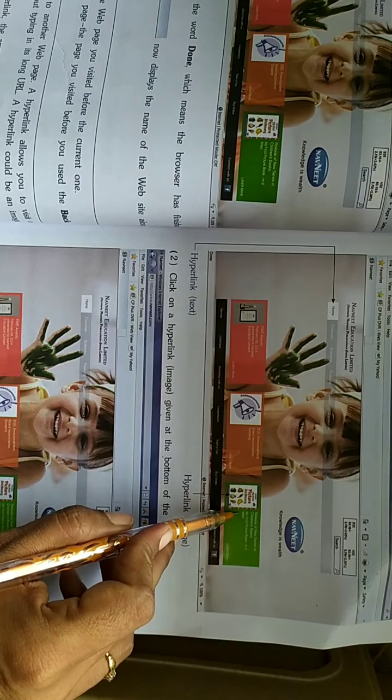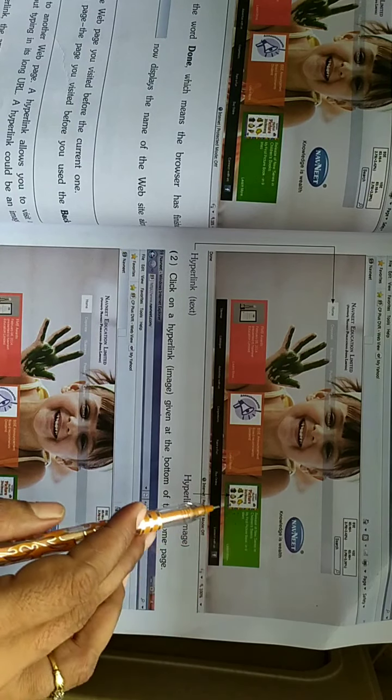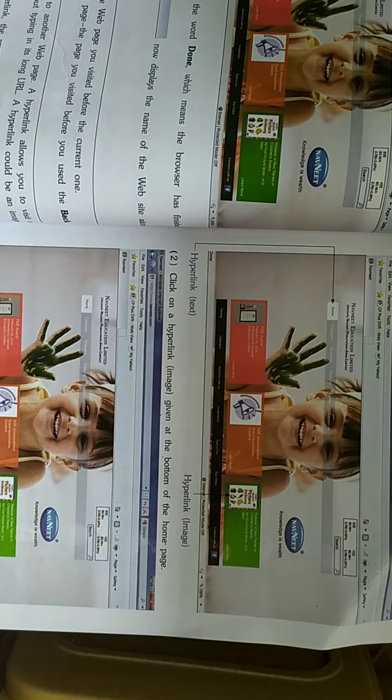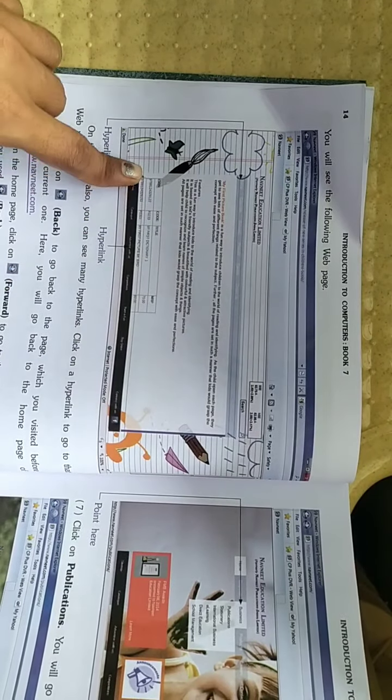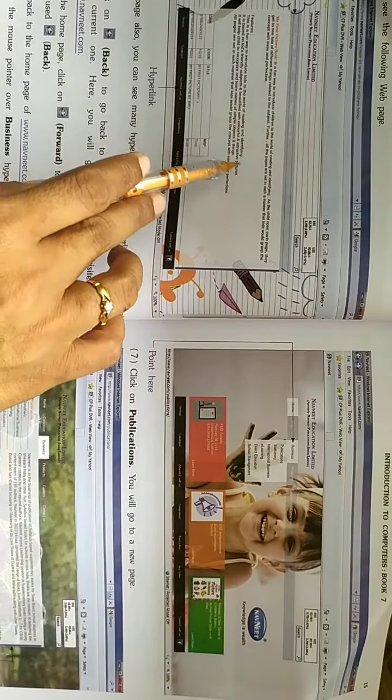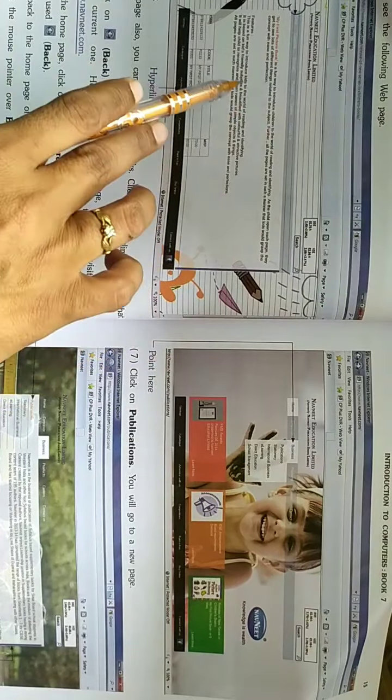When you click on this image, you can see the other page. Now click on this image. See the web page is open and you can see the hyperlink image. Now this is our new page.